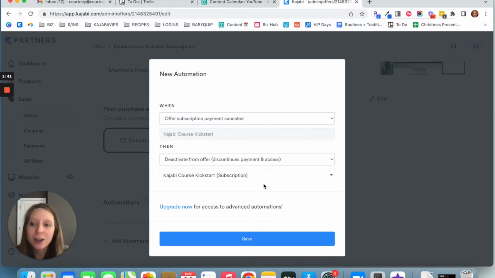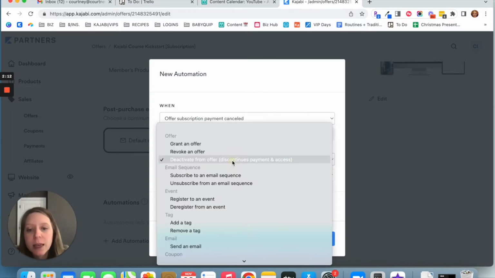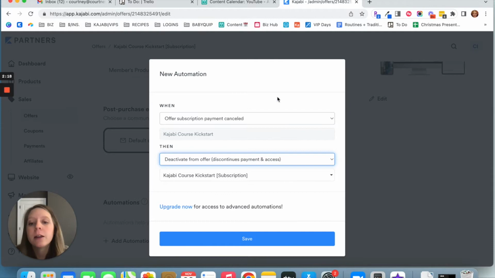Now, here's where that can potentially be an issue. If you have someone that is paying monthly or paying annually and they cancel, but technically their next payment wasn't going to be due for another 2 weeks or another 3 months, they might be emailing you really upset if they can't access anything and it hasn't hit their next billing cycle yet. So if you set an automation like this up where when the subscription payment is canceled, the offer is revoked or they are deactivated from the offer, just keep in mind it's going to immediately take away the access